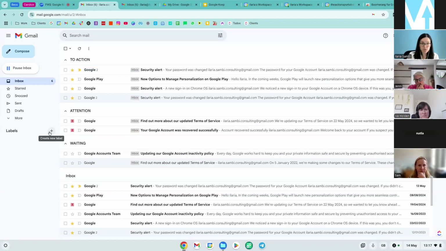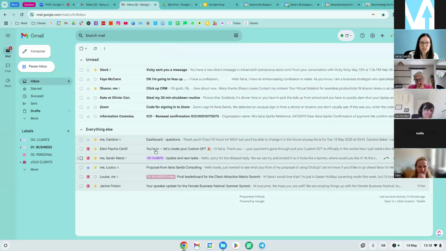Now, next, labels. For this one, I will show you how I actually organize my inbox, which is this one. So labels are another thing that are awesome for getting organized in Gmail. They're basically like groups, like you can group emails and then also move them away from your inbox for a later date.